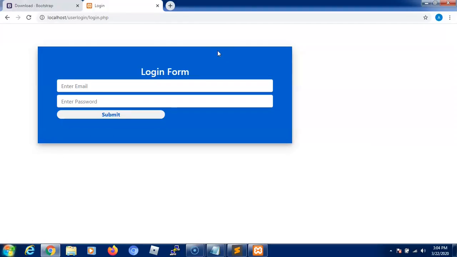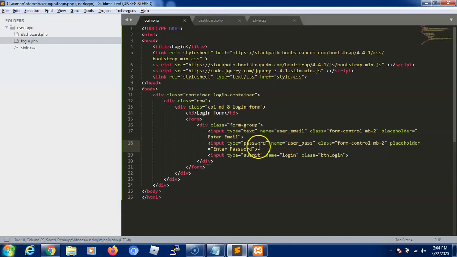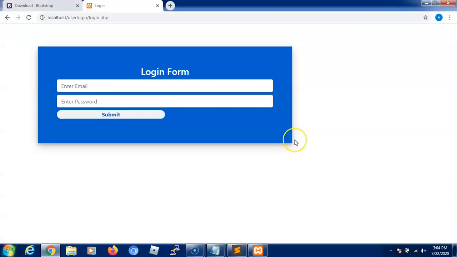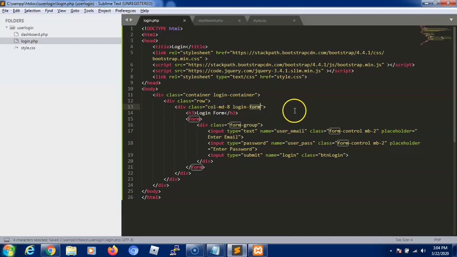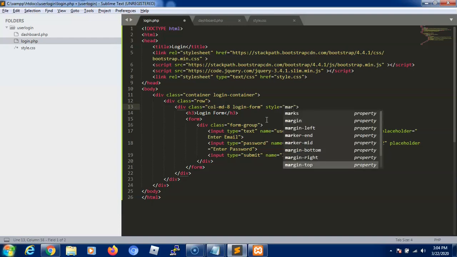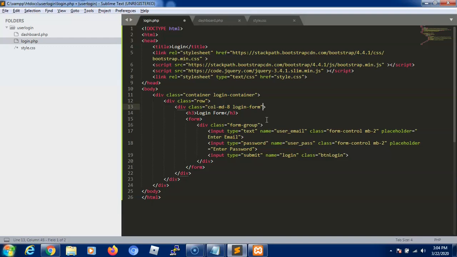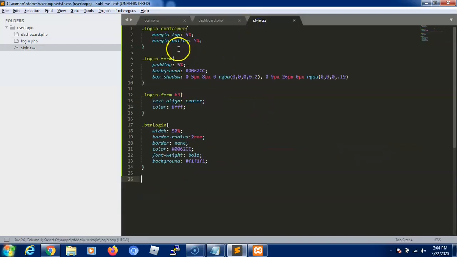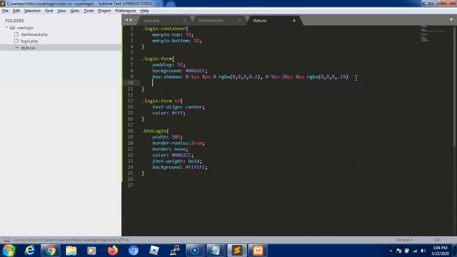Yeah. Our button is looking nice, and okay. So our login form is ready. We just need to make it centered. So what we can do here is we can put an inline style margin, or here we need to do that. Let's go to the login form and put margin